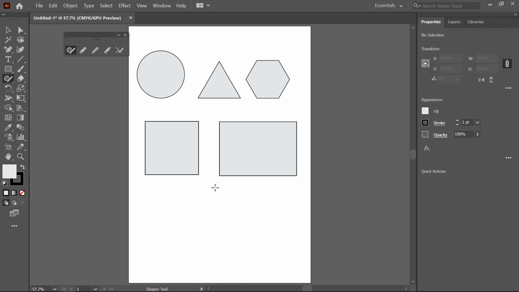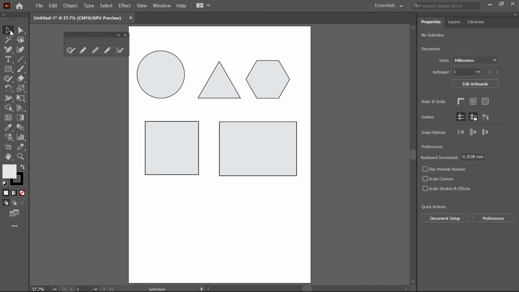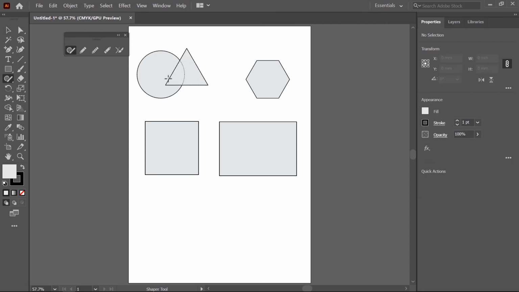And the second use of this tool is reshaping. By using this you can create complex shapes. So first I switch to the Selection tool and then overlap these shapes like this. If you want to merge these shapes, choose the Shaper tool. No need to select this shape. And if you want to delete this line, create a zigzag line like this. So this line will be gone. But when you hover your mouse, this line will show.